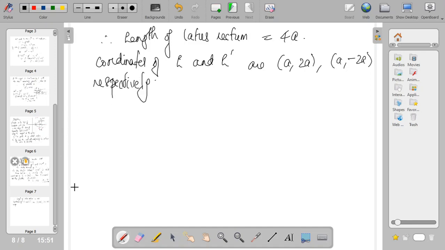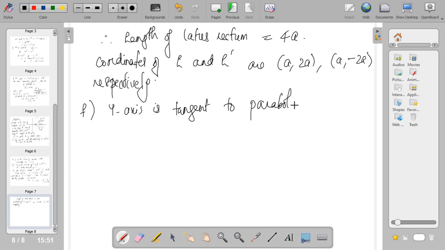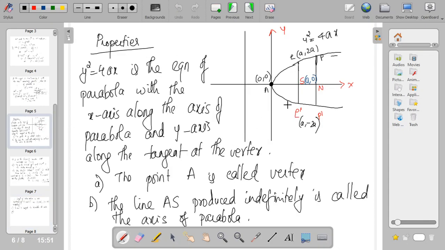And the next property is, so from the parabola you can see that the y-axis is tangent to the parabola at the vertex, and the next property is, so if you take this parabola, then